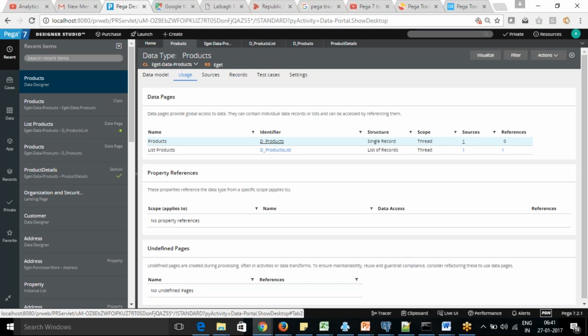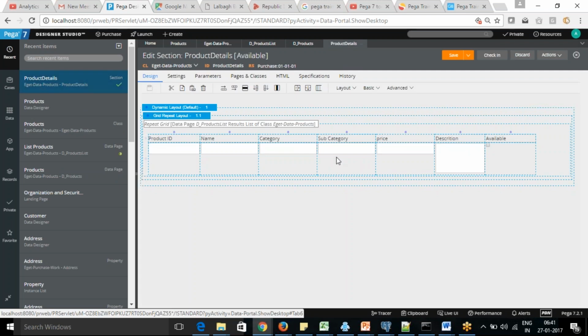Okay. So this is to give you the initial idea of data types. Data types are declarative rules. So you don't need to see what I did. When I'm visiting this page, I defined that it is going to use the database. But where I'm calling the database to get the data and put the data, nothing, right? I'm not doing anything for that. Pega will take care of that automatically. So it's clear now?